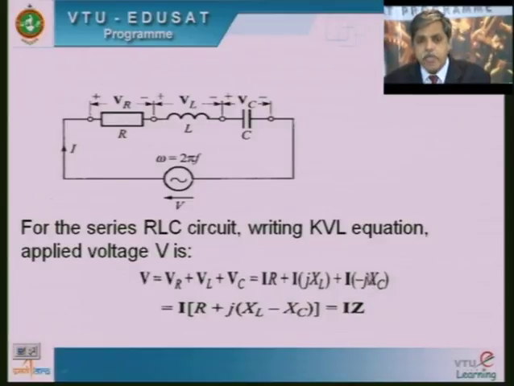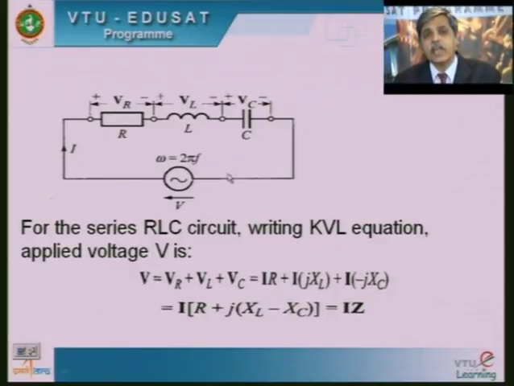So IXC, as per this minus J, will be lagging behind the current by 90. Now, as I is common between the three terms, I take I as common. Then the term inside the brackets will have purely the dimension of ohms. This complete parameter will be opposing the current flow in the circuit due to the voltage V. When I apply voltage, this parameter is responsible for the combined opposition offered by this RLC connected in series.